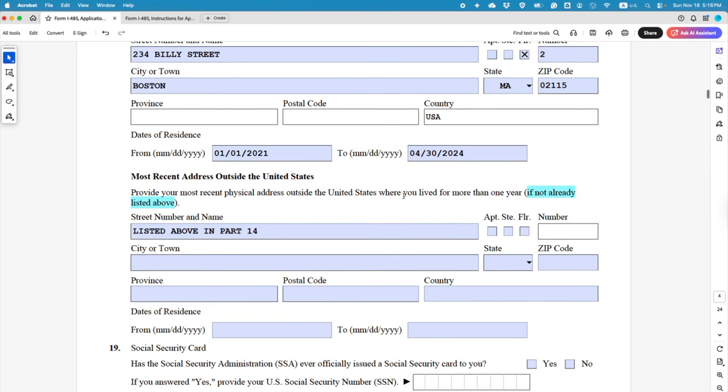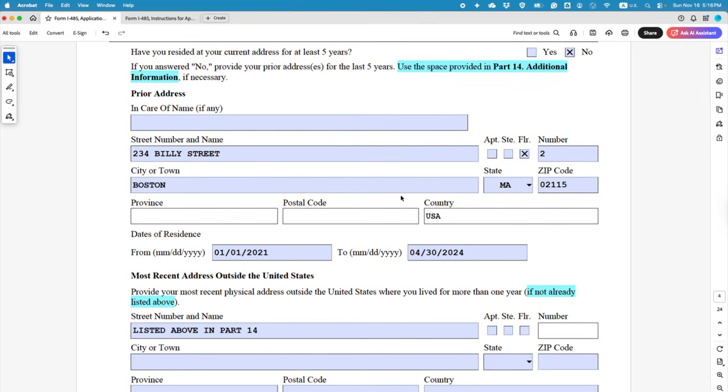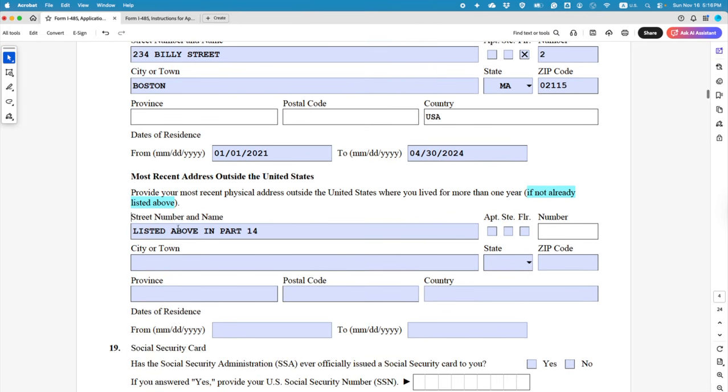But if somehow you have been in the US for more than 5 years, so you already listed only your US addresses, then of course you have to mention your most recent outside address where you lived for more than 1 year. So I'm just